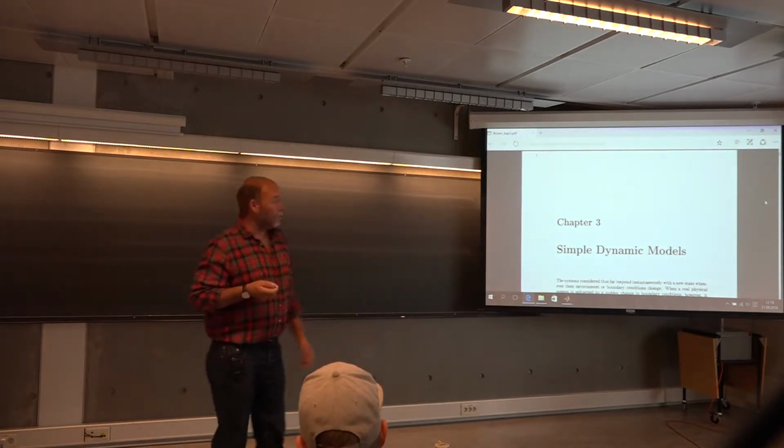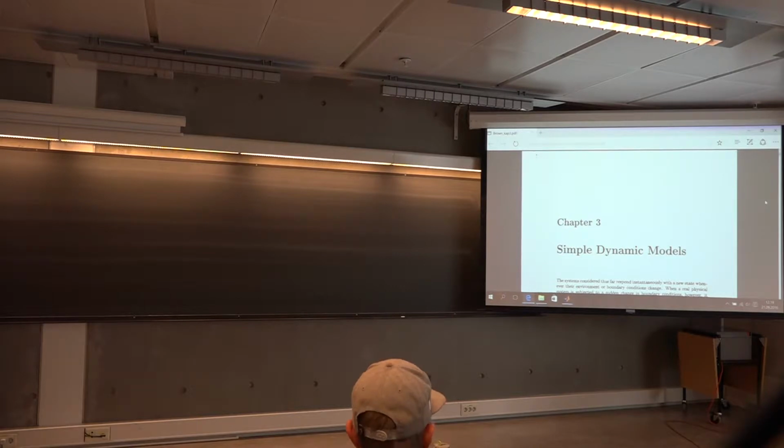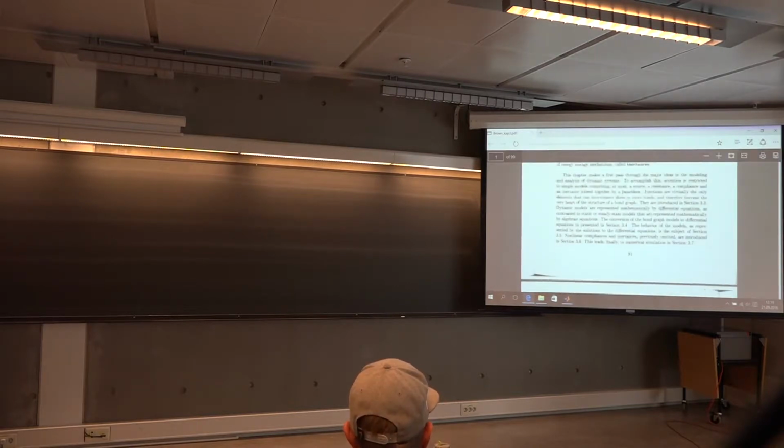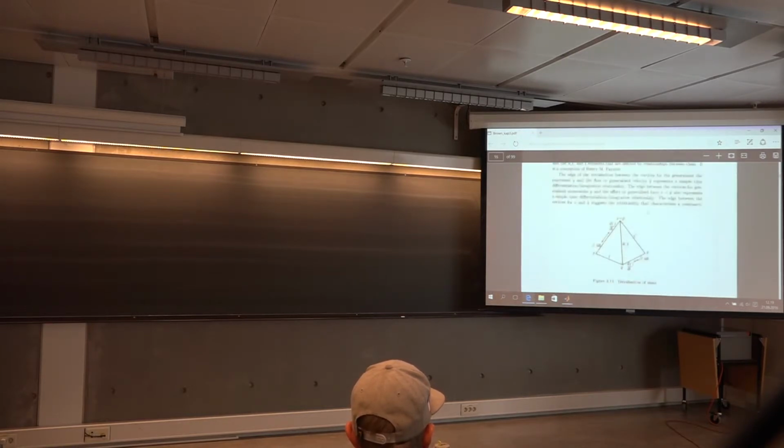Continuing from yesterday, we looked into the simple dynamical models, and the last thing we needed to find our equation was